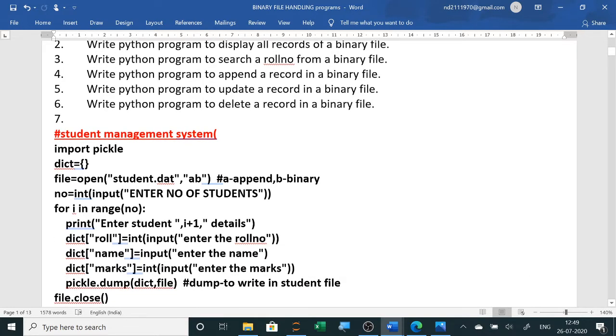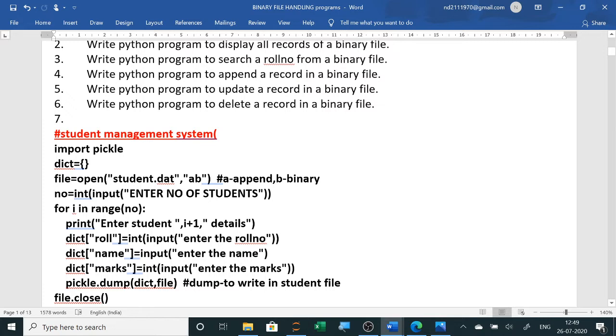In all the previous 5 years of board questions, even of C++, you can see the questions will be the same, only you have to solve them using Python. For example, a file will be given to you and they will ask you to display records after searching according to a particular criteria. Suppose they have given a hospital management system. Now they will ask you, for particular symptoms, like for fever, which doctor to refer. So we will search in symptoms, find that record and display the doctor's name. Like that we will start.